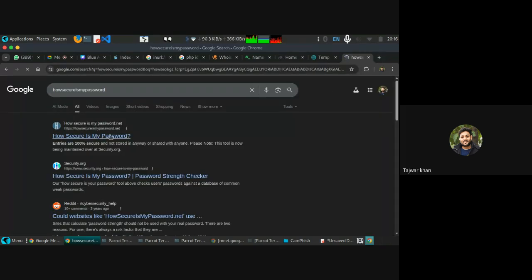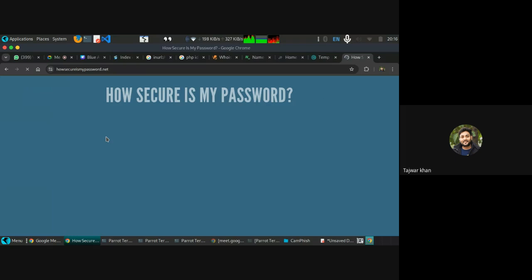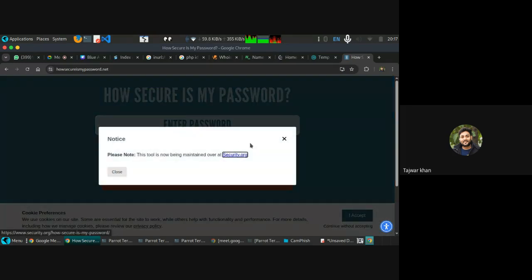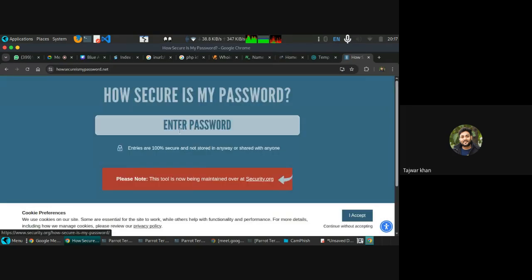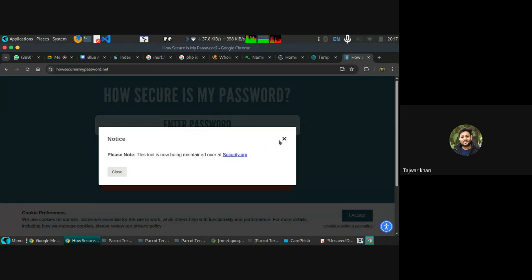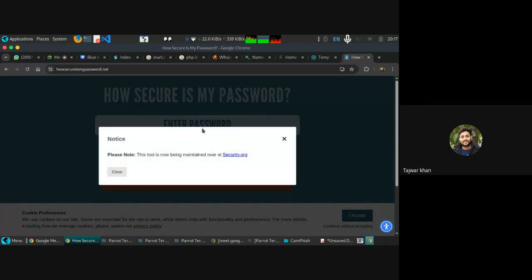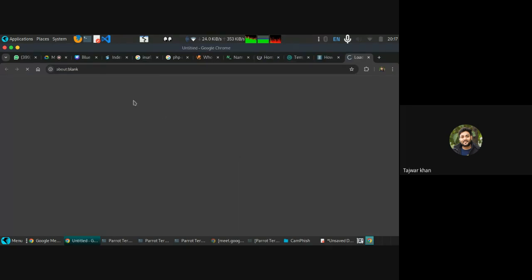This is one of the best websites to audit your password, to check whether your password is secure or not. Getting my point? So if I enter a password, let's suppose, security.org.